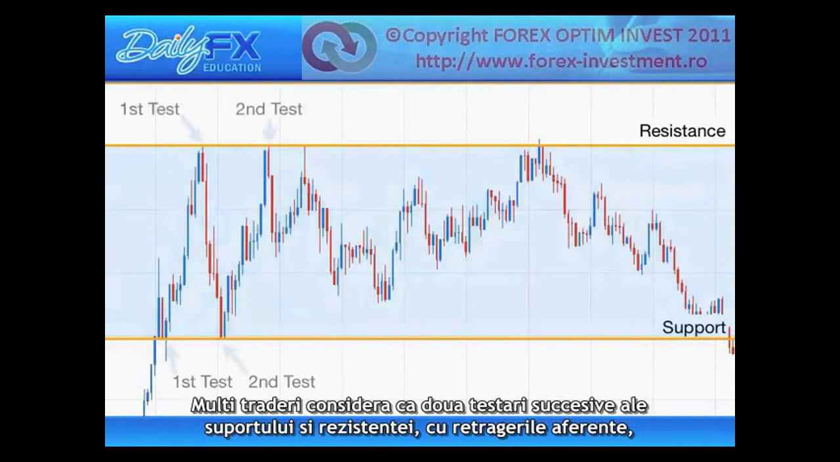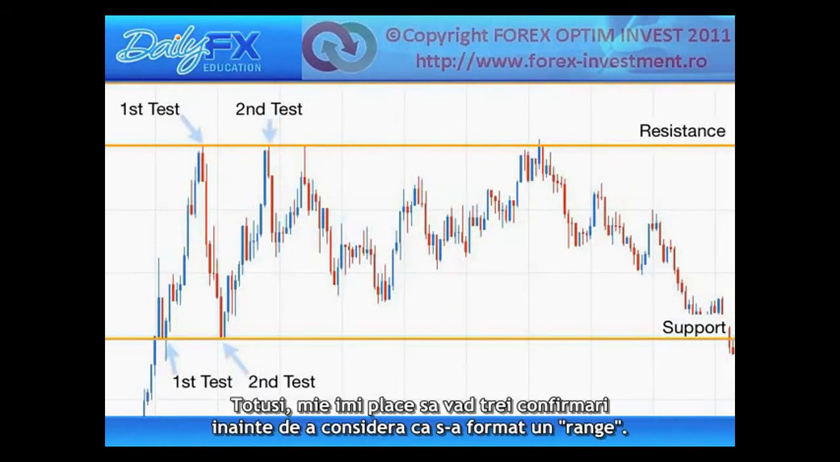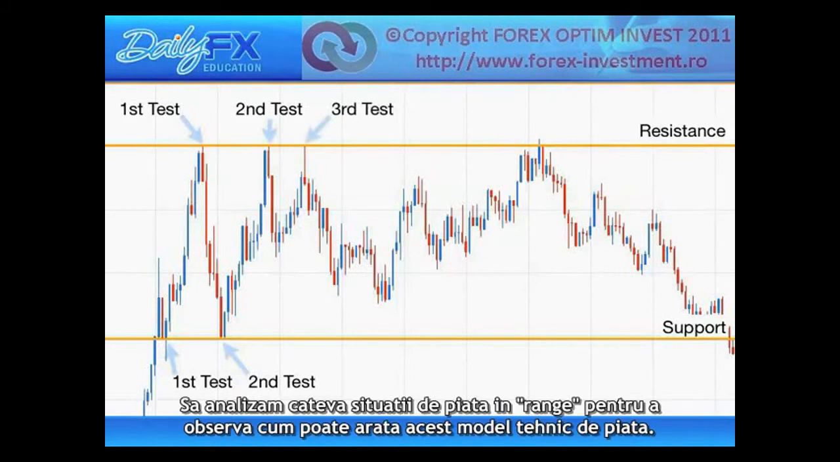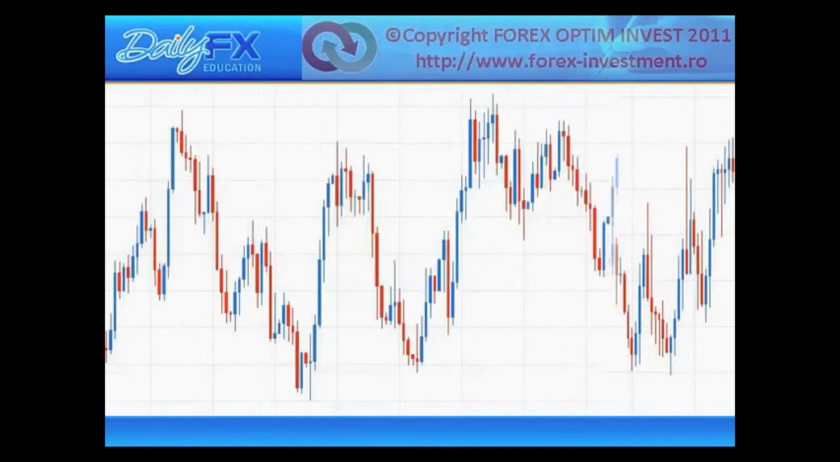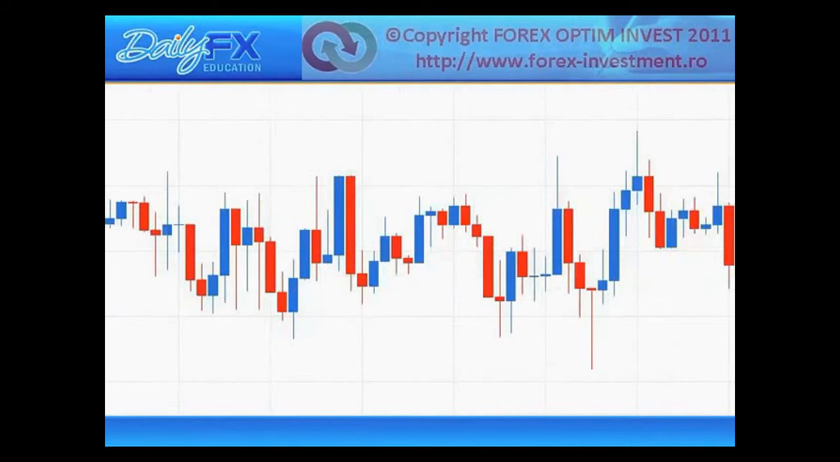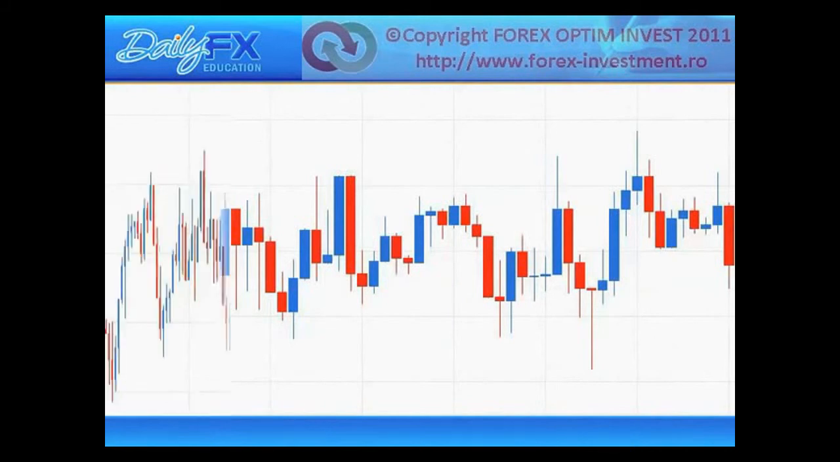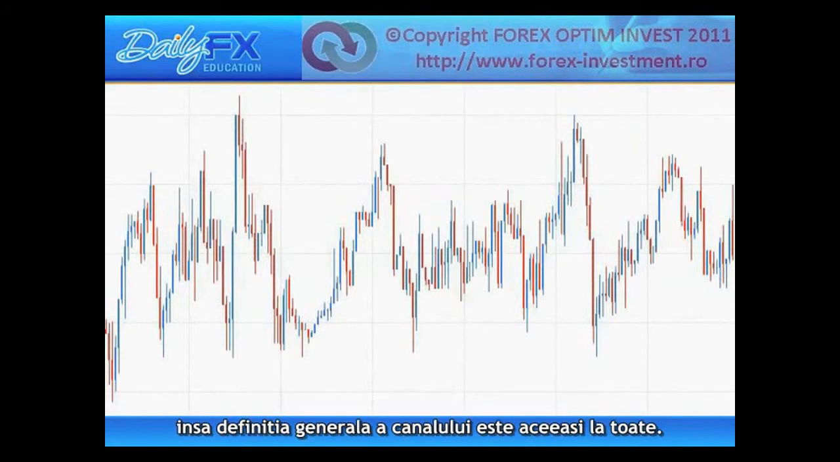Many traders consider two successful tests and retracements at support and/or resistance as confirmation that a range is in place. However, I like to see 3 points of confirmation before I consider a range has been set up. Let's look at a few ranges to get a feel for what this technical pattern can look like. As you can see, ranges can come in different shapes and sizes, but the general definition of the channel is